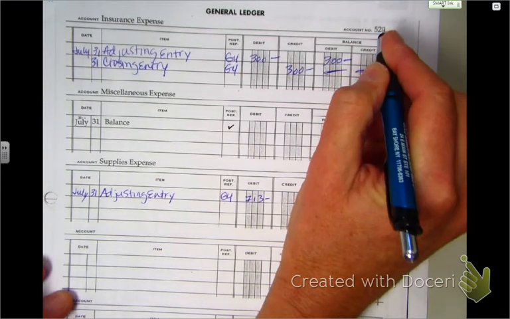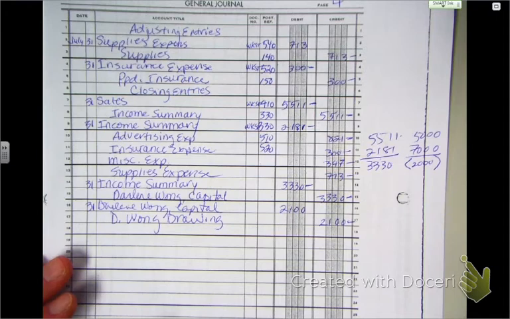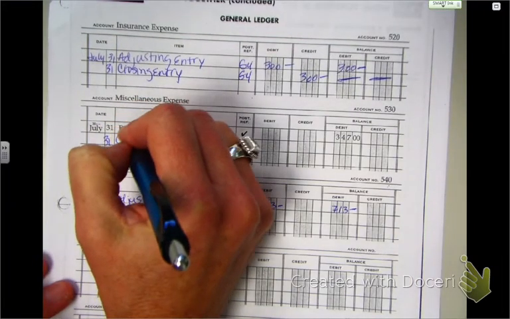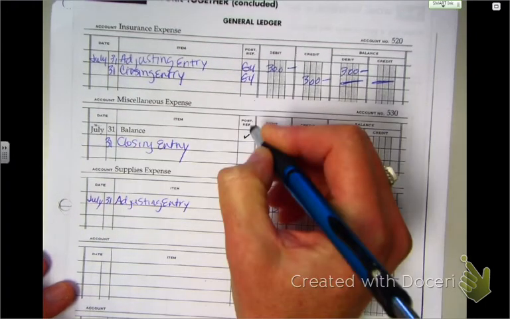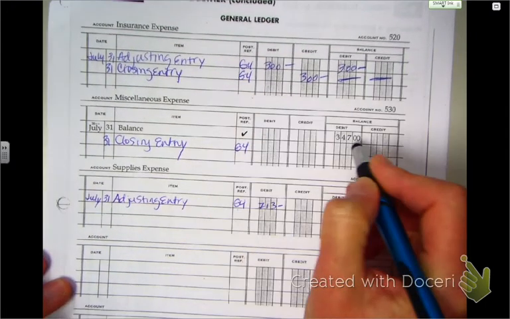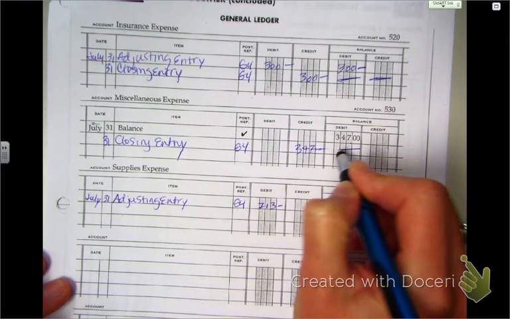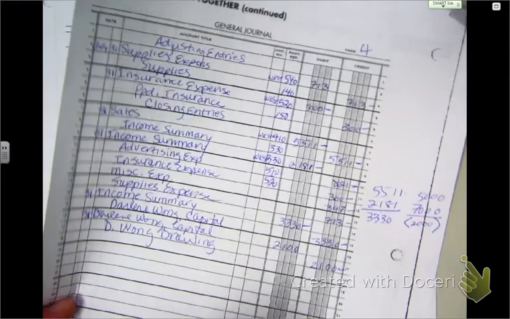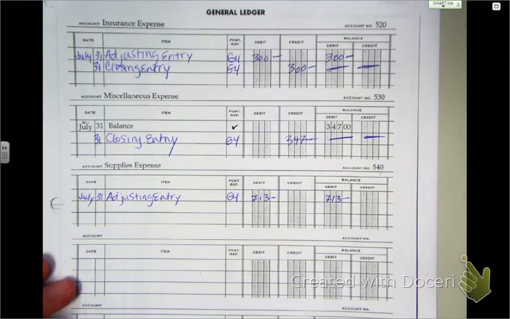Take the post reference, 520, put it back over here, 520, go to miscellaneous expense, 31st, closing entry, G4, debit balance, so we're going to credit it for $347, bring the balance down to 0, take the post reference $530, bring it back over here,